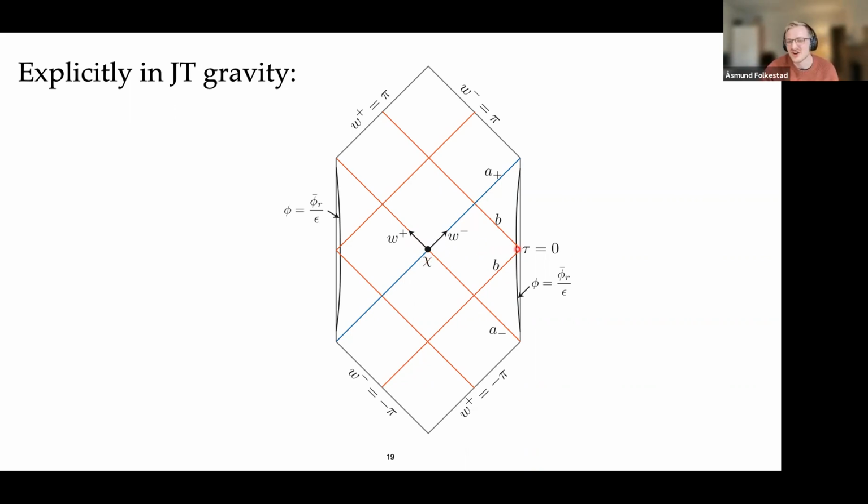And then you have some additional shocks that come from the fact that we use reflecting boundary conditions. The state we started with had absorbing boundary conditions, but then we want to evolve with reflecting boundary conditions. We have to quickly turn on reflecting boundary conditions on both sides, and that causes some shocks to enter the bulk here. All the red shocks have positive null energy, and the blue shock has negative null energy. But the ANEC is preserved.